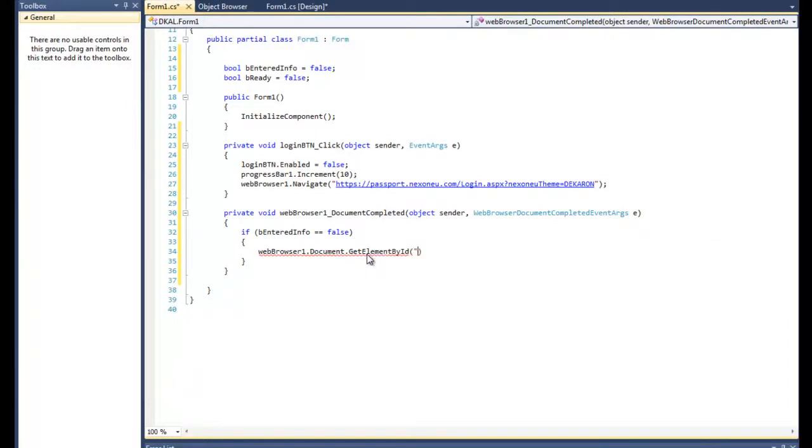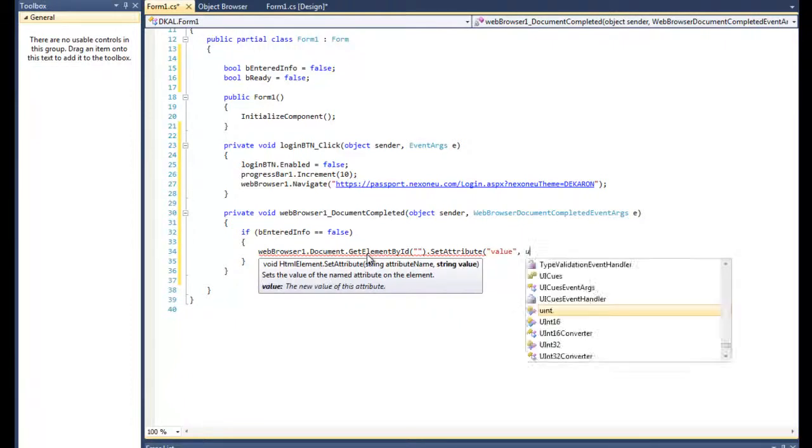And we're going to have the element there. We're going to say set attribute of value for user